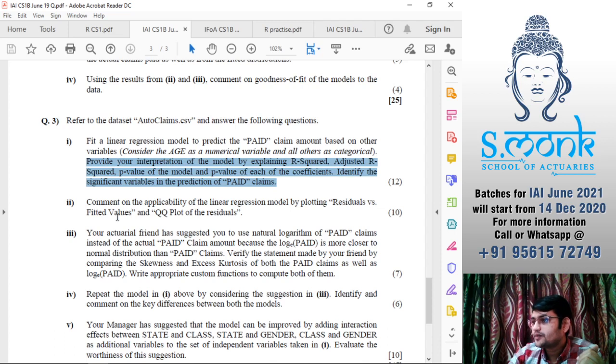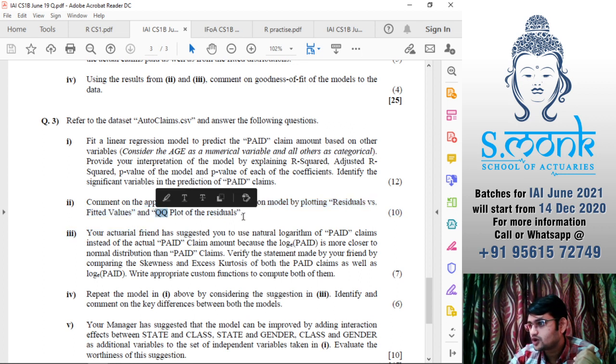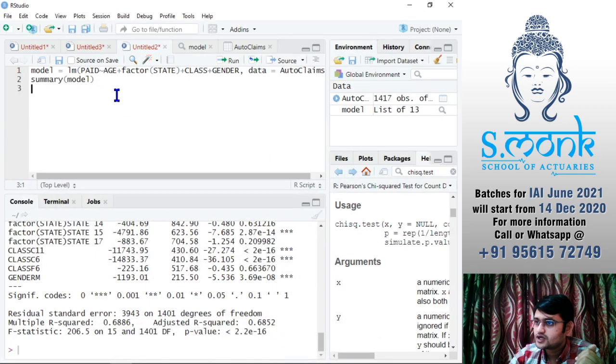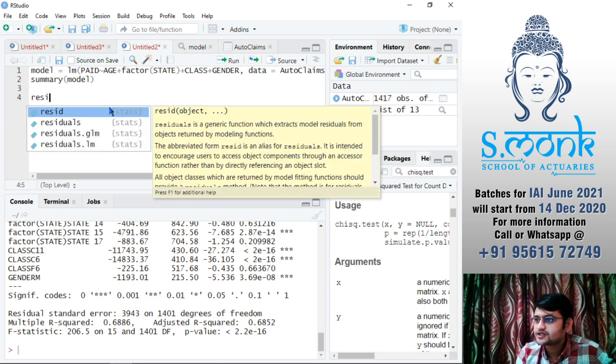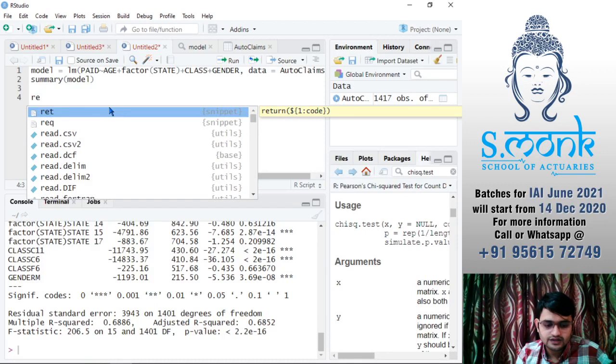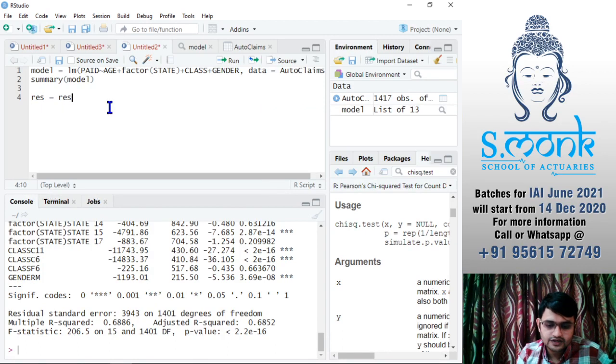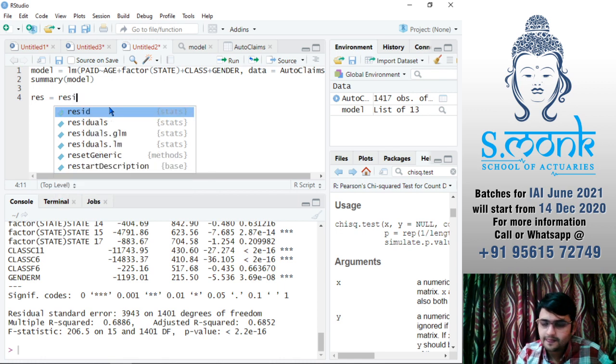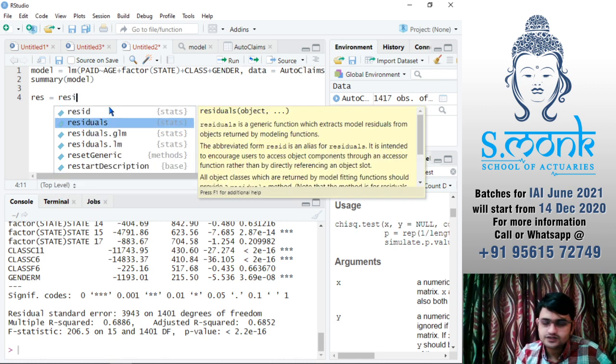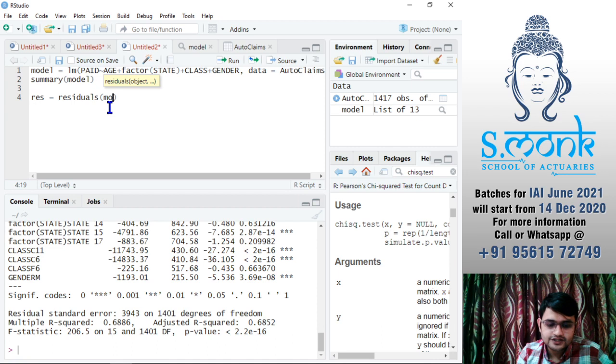Okay. Then comment on the applicability of this linear regression model by plotting residual versus fitted values and QQ plot of the residuals. So first of all, residual versus fitted values. For that, we literally have residuals as a function. Residual, so I'll say res, or res is nothing but residuals, and in bracket we'll just write model. Okay.